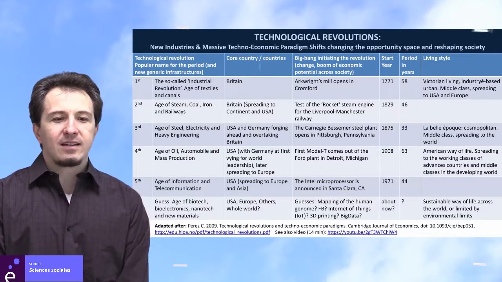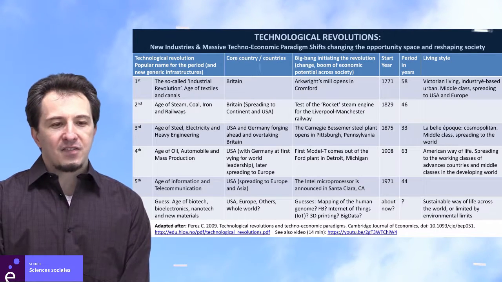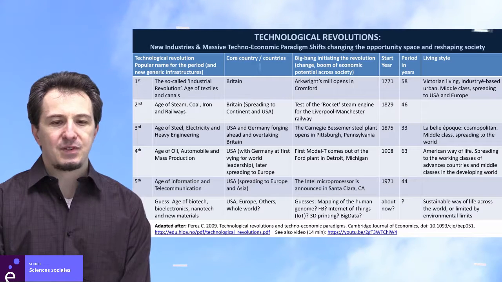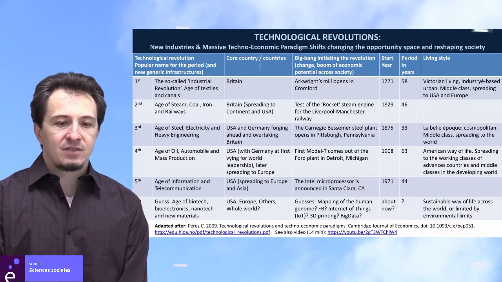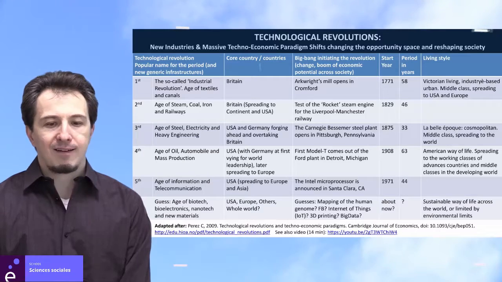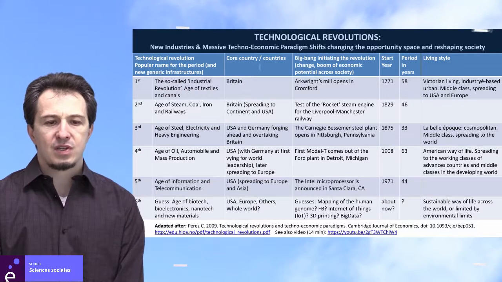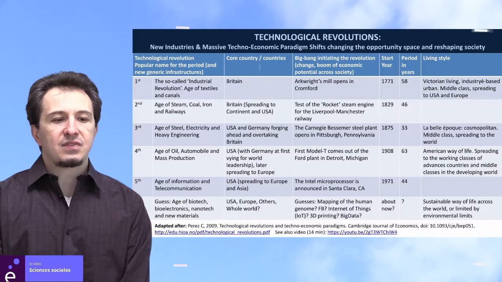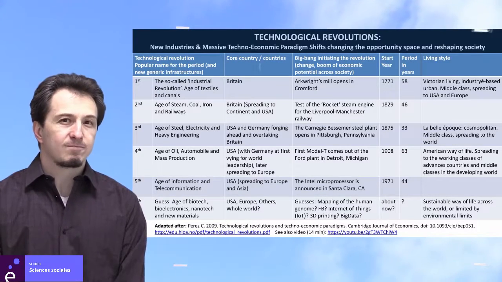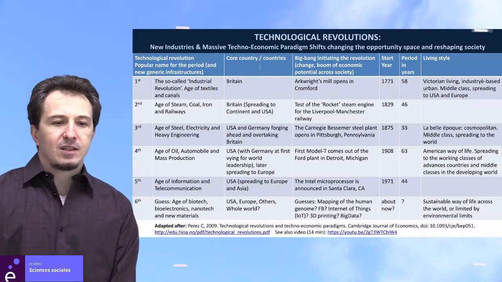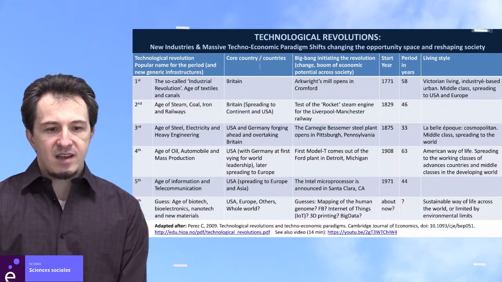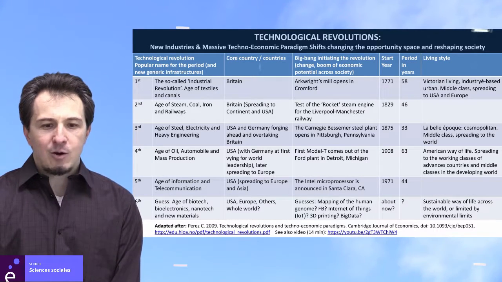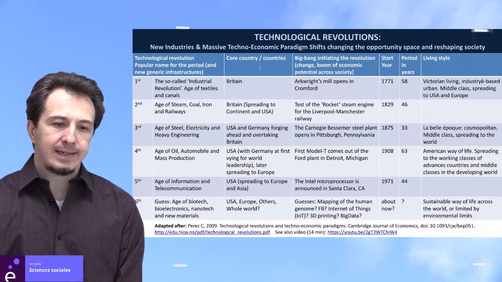And then more recently, after all this big industrialization and crossing through world wars and all that happened, in 1971 something very important happened, which was the announcement of the Intel microprocessor. It's the start of the age of information and telecommunication. It started in USA, then spreading to Europe and Asia, especially. Now, we are still in this age, and